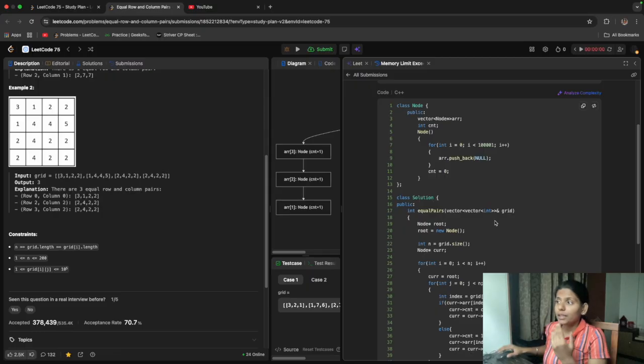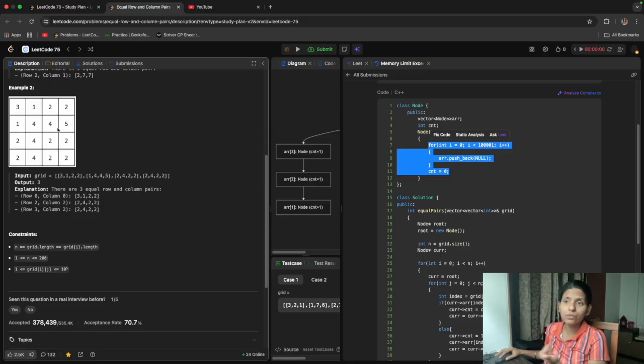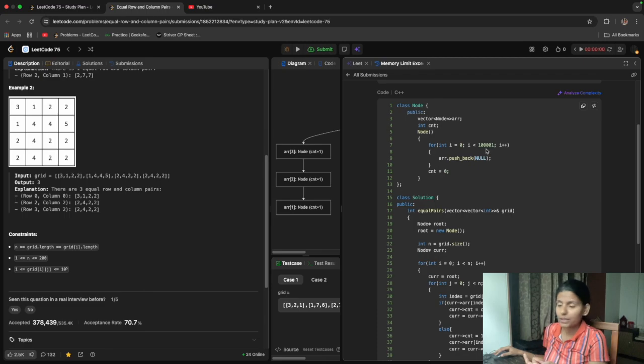But if we see here, for this question the maximum I have used is 5, and I'm taking 10 raised to 5 plus 1 nodes, all of which will be null, and I will use only up to 5 nodes. So how can we optimize it? Basically, for that index I'm placing null.